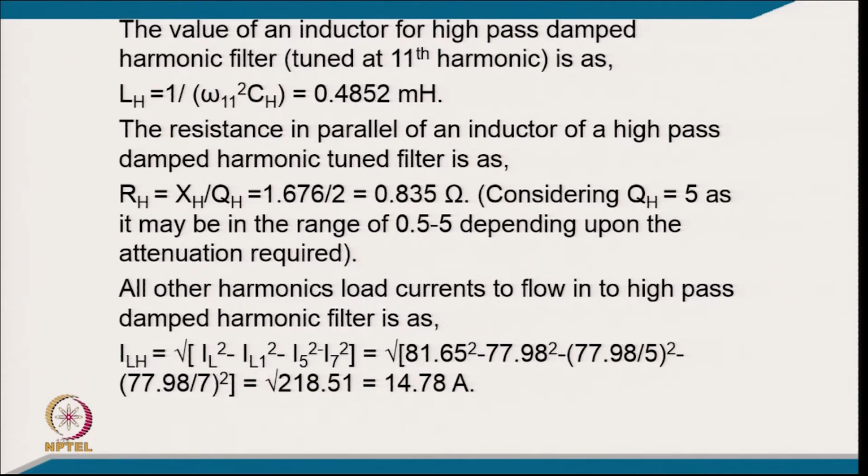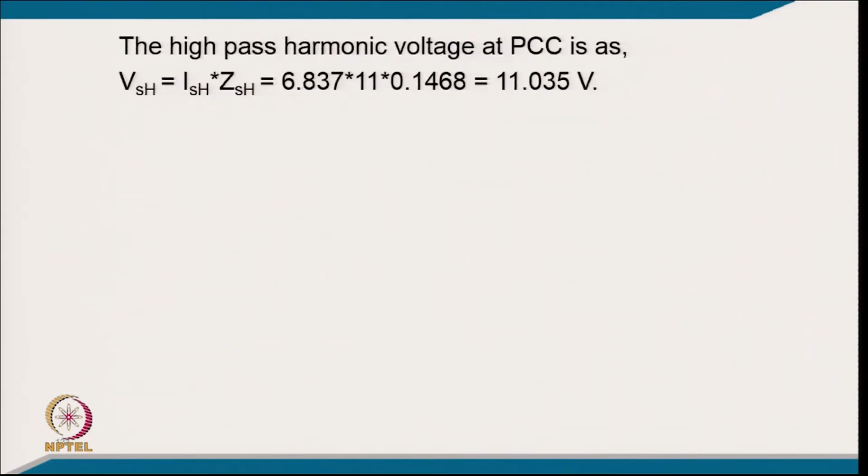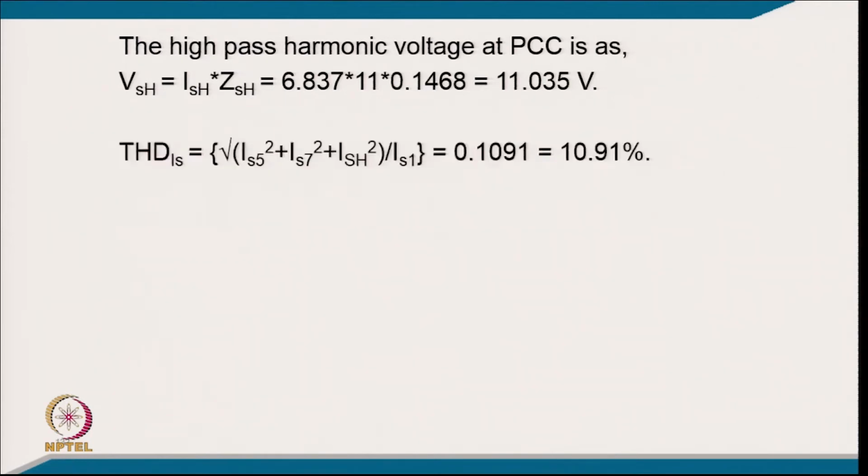So, we can find out all the higher order load harmonic current equal to the square root of IL square minus IL1 square, IL5 square, IL7 square, and keeping the value, it comes 14.78 ampere. And all the higher order current in the source will be ILH into ZPF, putting the value, it comes 6.837 ampere. So, the high pass harmonic voltage at the PCC is equal to ISH into ZH, and it comes 11.035 volt, and your total harmonic distortion for the supply current, taking all harmonics divided by IS1,